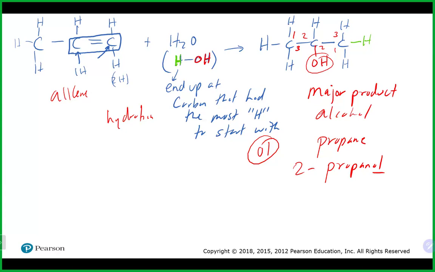2-propanol is also isopropyl alcohol. That's a CH3CH3. It's also a rubbing alcohol, right? So a bunch of fun names for the same thing, basically. Now, this works as well for things that are not water. So you could have, in this case, for example,